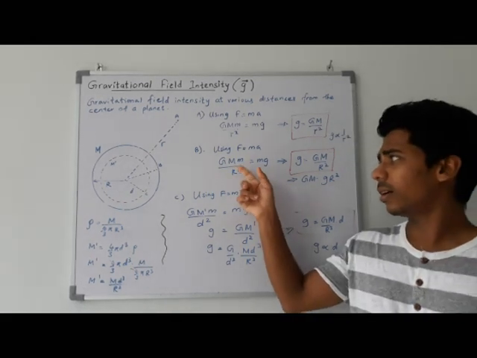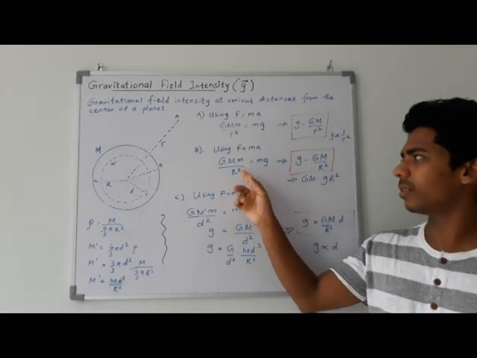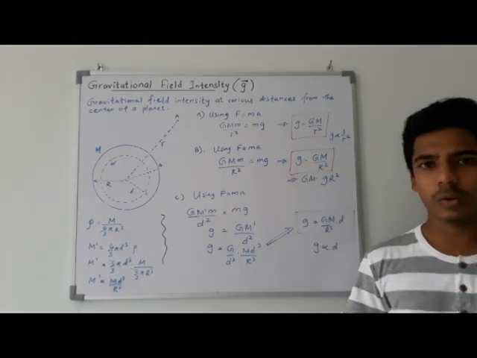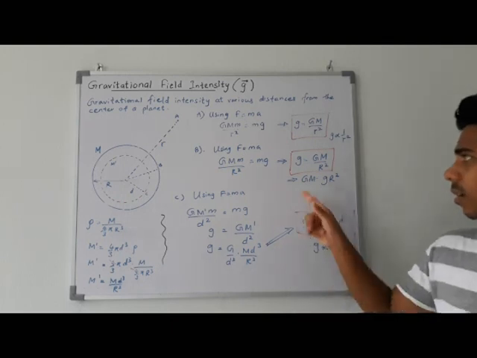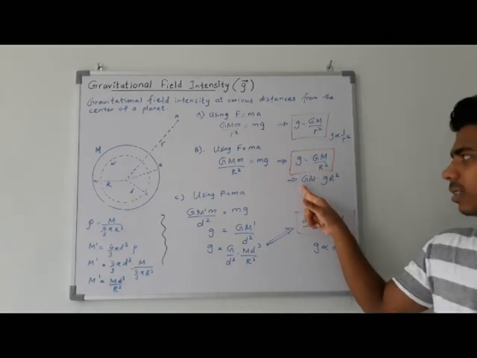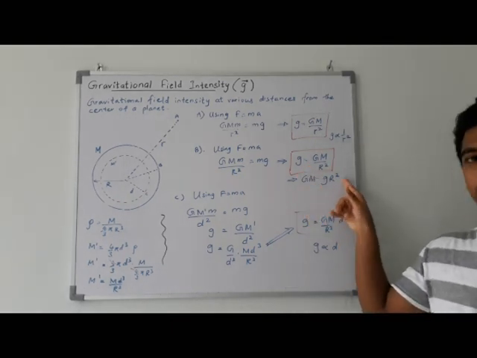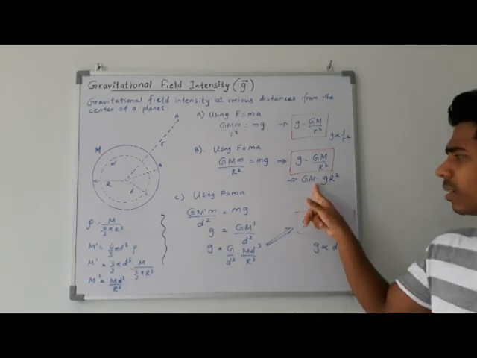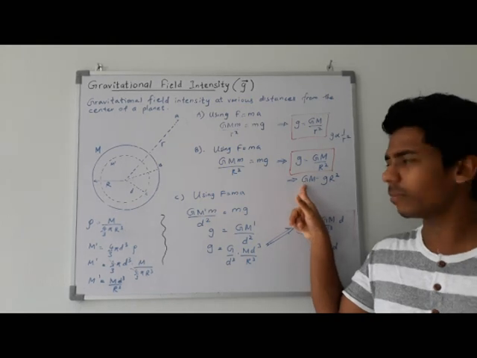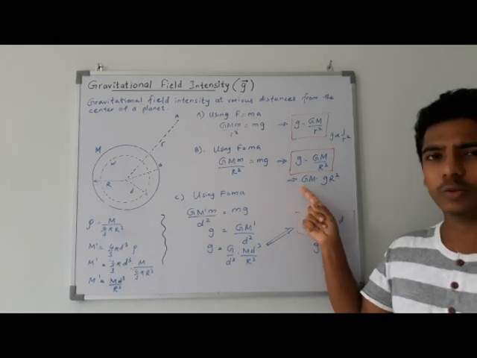So we get that is equal to mg. Simplifying this equation, we get g is equal to GM over r squared. And here one thing, from this equation I get GM is equal to gr squared. This is very useful in calculations, because whenever you get a term GM, so we know G is 6.67 times